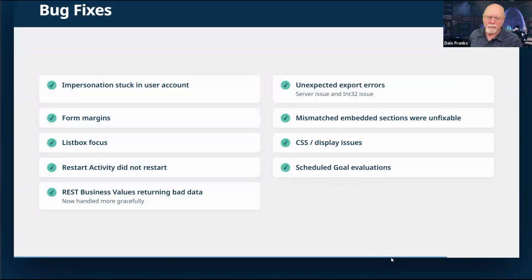Finally, let's talk about bug fixes. Some of these are weird and are kind of edge cases, but we have caught them either through our own testing or customers doing weird things have caught them, and they've been fixed. First of all, impersonation stuck in a user's account. It's a weird issue where you would turn impersonation on, and it was caching your impersonation. And I don't remember whether this was a browser thing or what it was, but you would turn impersonation off, but you were still impersonating the user.